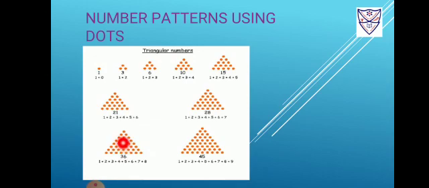So till 28 dots this is the design, and above that how many dots will be added? 8 dots. Now 45. 45 means, students, here it is 1 plus 2 plus 3 plus 4 plus 5 plus 6 plus 7 plus 8 plus 9. So the total of adding this is 45, and after 36 dots, above that 9 dots are added. Let us count. 1, 2, 3, 4, 5, 6, 7, 8 and 9. So this is the rule for this pattern, and this way patterns are formed.